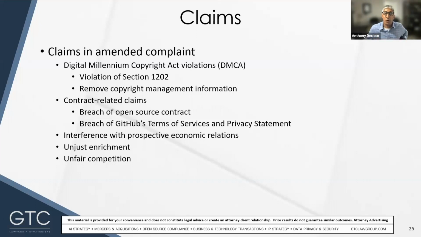The second is that the open source licenses themselves have been violated. For example, Copilot, as we've seen, has been found to reproduce verbatim snippets of open source code, including code under the GPL and LGPL. But Copilot doesn't pass along any copyright statements, doesn't pass along the applicable licenses for these snippets, as required by the licenses. And the third is another interesting one.